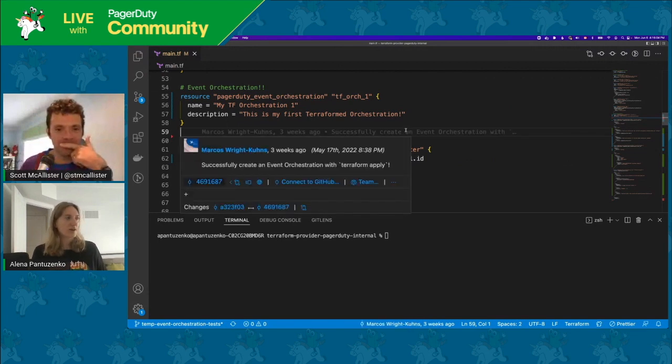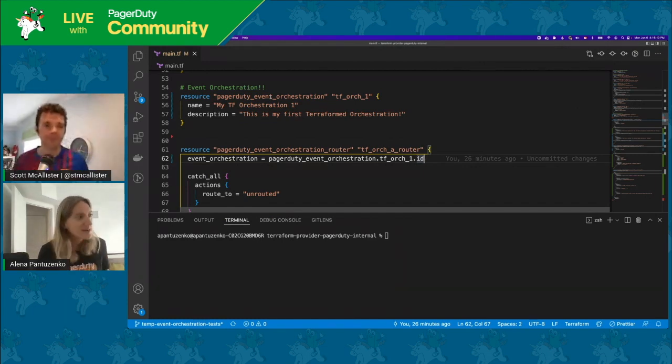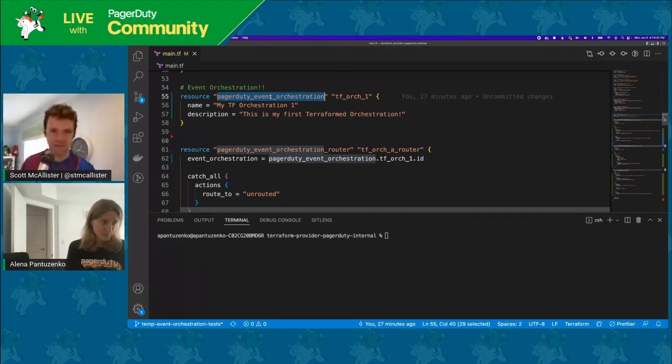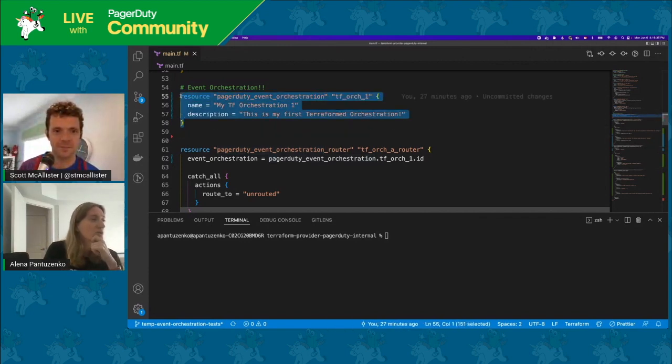So here I have my Terraform code, and what we did as part of 2.5.0, we added the 4 new resources, which is the event orchestration itself, which is pretty much the metadata, where you can provide the name, the description, and the team owning the orchestration or no team. And you can also set the router, unrouted, and service path for the orchestration. And here I have a snippet of code that will allow you to achieve something similar to what I just created,